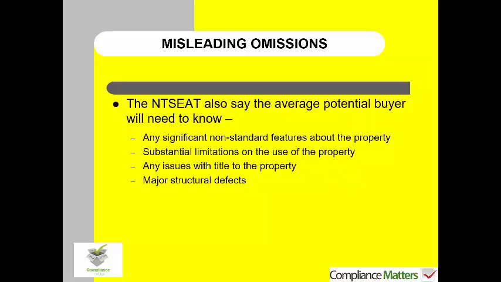So a sale falls through because of a structural defect that was highlighted in a survey. There was an issue with the title to the property because the initial buyer withdrew because of that problem. Now you have that information, you have to pass that on to your potential purchasers, otherwise you will be misleading them by not giving them all the material information that they require.